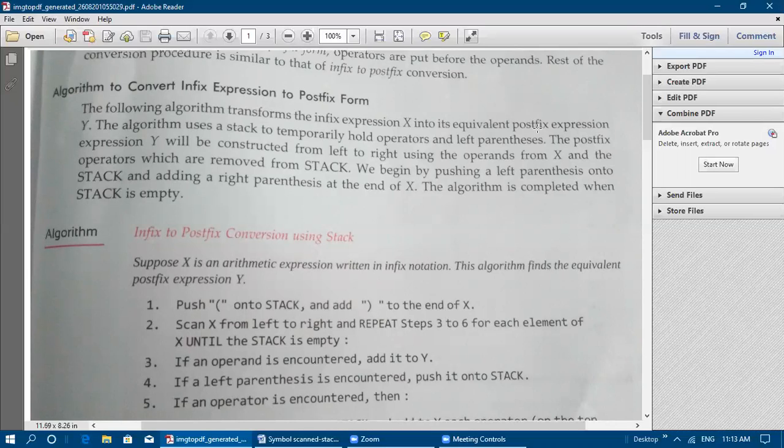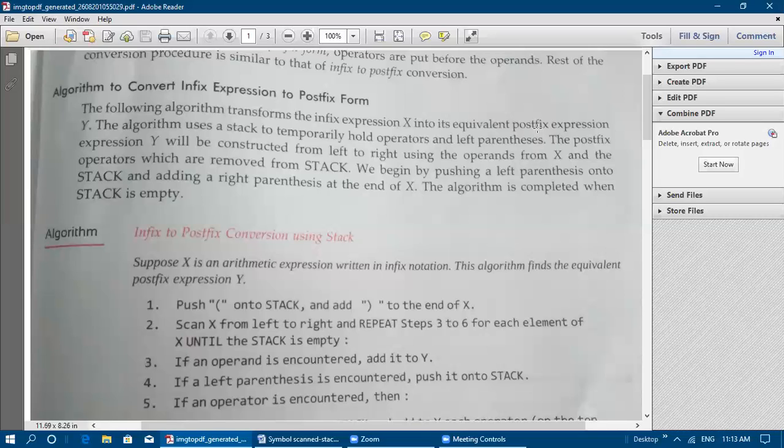Let us see. This infix expression to postfix expression conversion makes use of the stack, so it is also one of the applications of stack. In the last class we saw reversing a line and representing the postfix notation and infix notation with the help of the stack. All these topics we have covered, including reversing a line, are applications of stack.